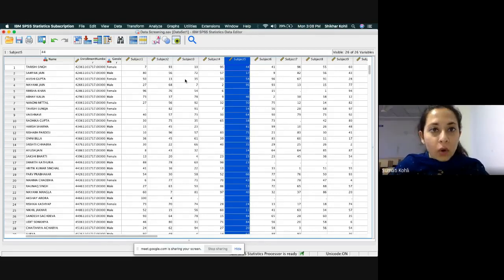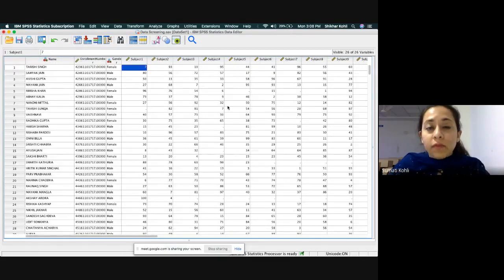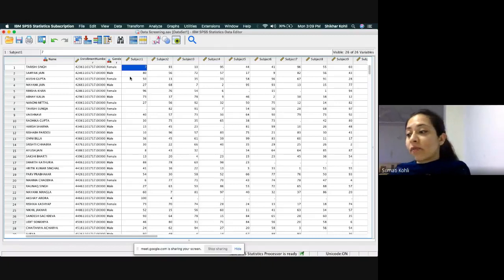So I hope now that everybody's sheet is such that there is no number which is out of range. There should be no number which is less than 0, and there should be no number which is greater than 100. I had also executed this sheet, and to my best ability, I had removed whatever were the wrong data. But let us check one more time by running the descriptive statistics again to find out finally whether our data is now within the specified range or not. Okay, so let us do that.